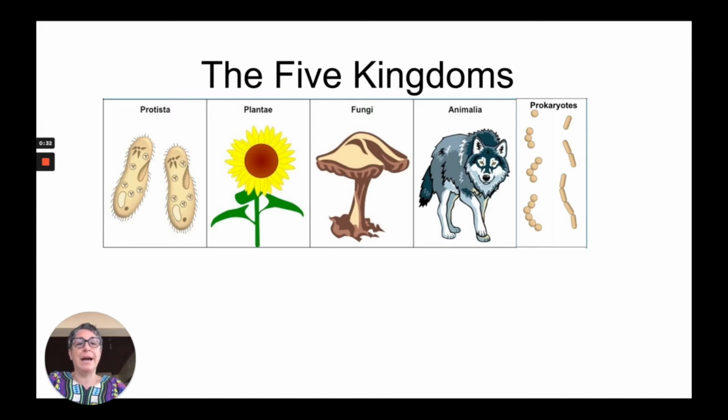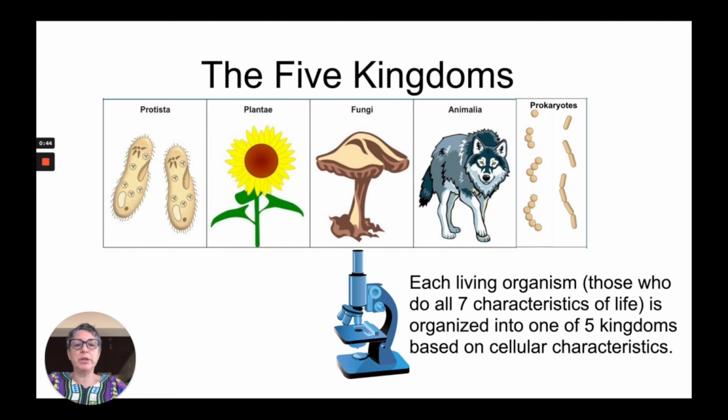Now those are the Latin names. So really we have protists, plants, fungi, animals, and prokaryotes, which typically are bacteria. Now, in order to put any living organism into one of the 5 kingdoms, we need to deal with the organisms on a microscopic level. So we will be looking at cellular characteristics in order to determine where an organism would be classified at this